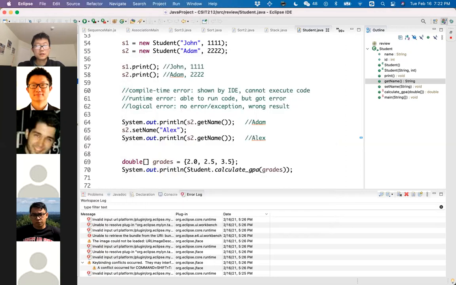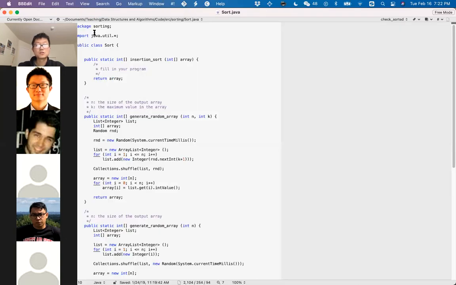Okay, so after that, you'll be able to see a package named sorting, and now it is empty because we don't have any source code in it. The reason why you need to give the package the name sorting is because in the skeleton code that I provide to you, the first line says package sorting. So if the first line has package sorting, you need to make sure that this piece of code stays in